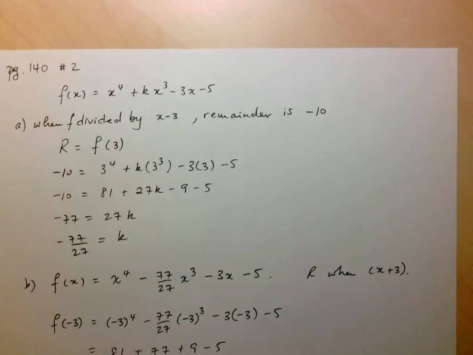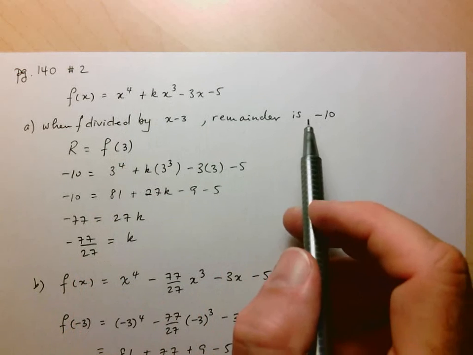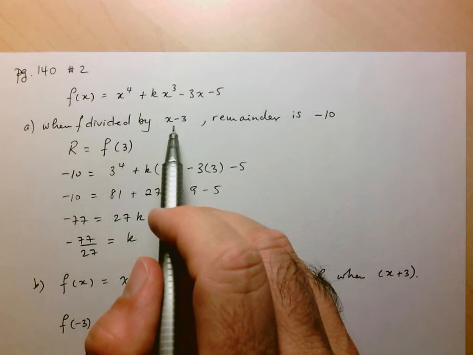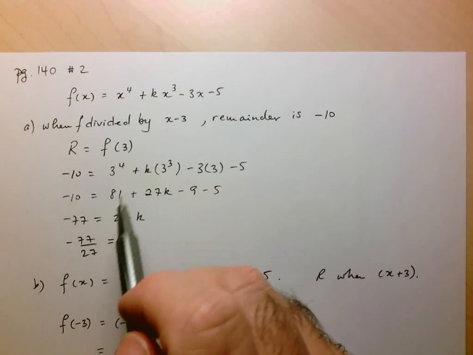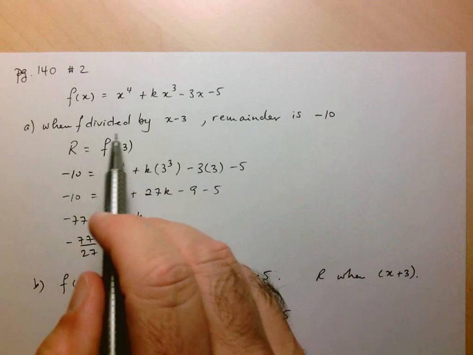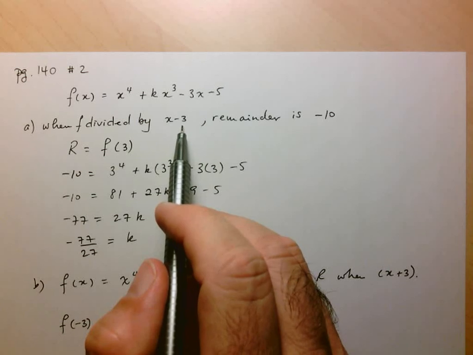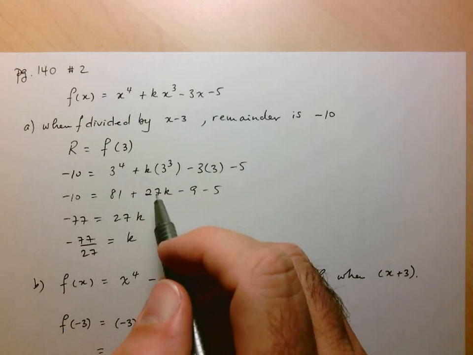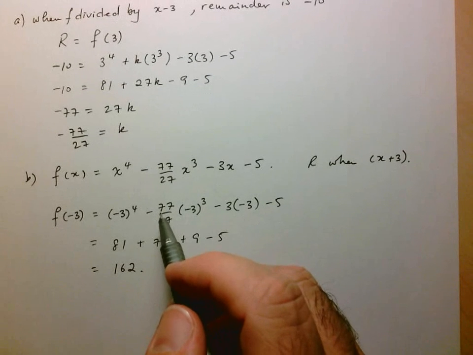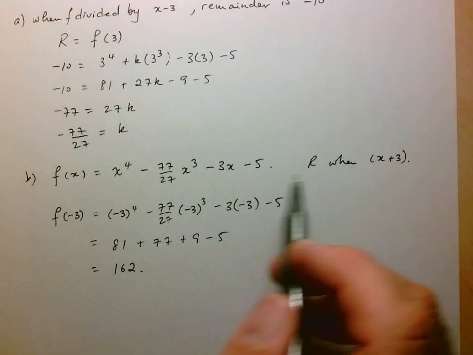Just to recap here, we were looking for a missing component of a polynomial, and we used the fact that we are given the remainder when dividing by a linear expression. We know that the remainder is just equal to the polynomial evaluated at that a value, if we think of this as x minus a. From that we generated an equation to find k, and then here it was just about applying the remainder theorem directly, since we knew we were dividing by x plus 3, so that means we just have to input